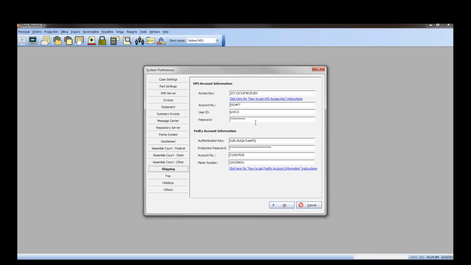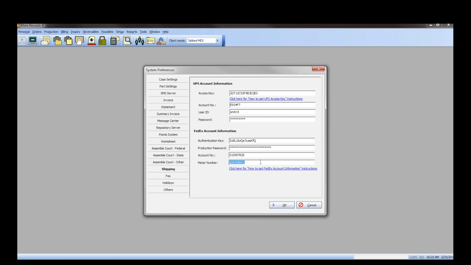At the top is the UPS account information section for UPS shipping. And below you will have the FedEx account information for FedEx shipping. You will have to input all of the necessary data in the supplied fields before you can try to create and print shipping labels.